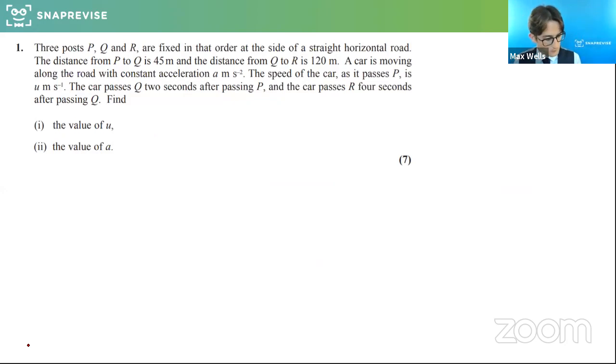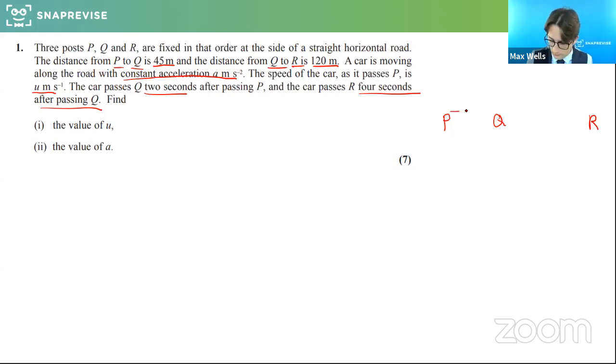So 3 posts, P, Q, and R, are fixed in that order at the side of a straight horizontal road. So the distance from P to Q is 45. The distance from Q to R is 120. A car is moving with constant acceleration. The speed of the car as it passes P is U. 2 seconds later, the car reaches Q, and then the car passes R 4 seconds after passing Q. So just to kind of draw that out, P, Q, and R,